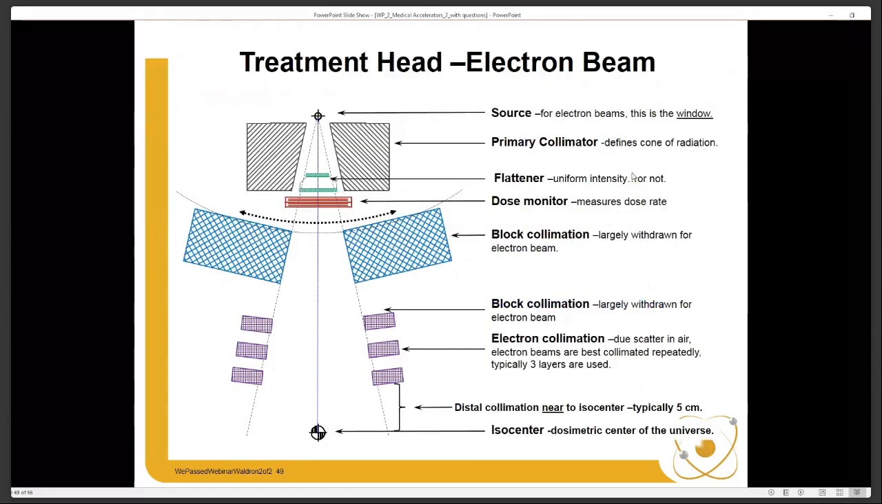Now we're going to talk about a clinical electron beam head. Here's that slide to remind us all that we no longer have a flattening filter, and we still have a dose monitor. We might have block collimators, but they're going to be pushed out of the way. We have electron collimation, which must be multi-level and close to the patient. So let's go first to